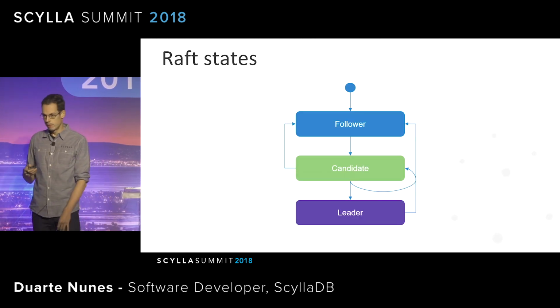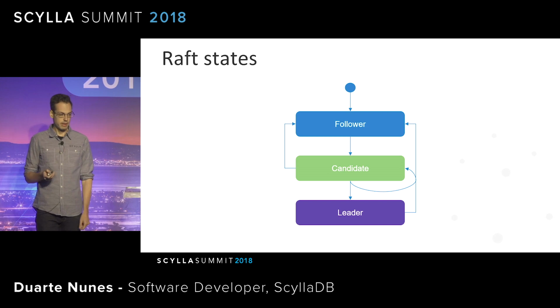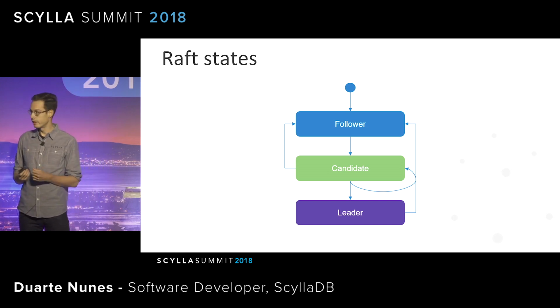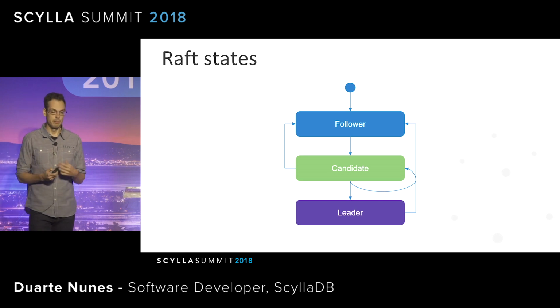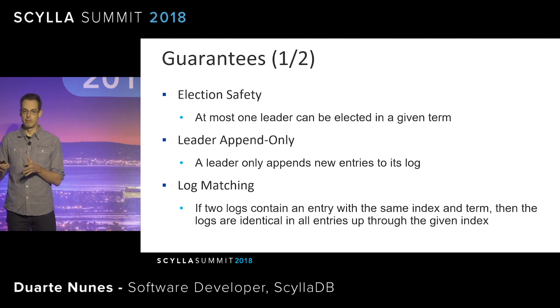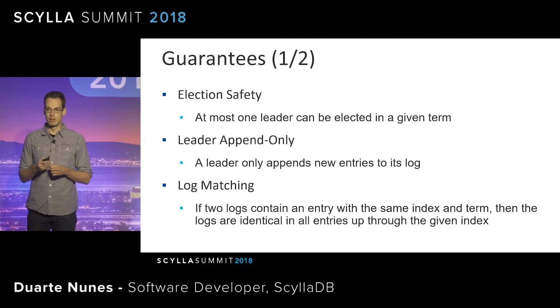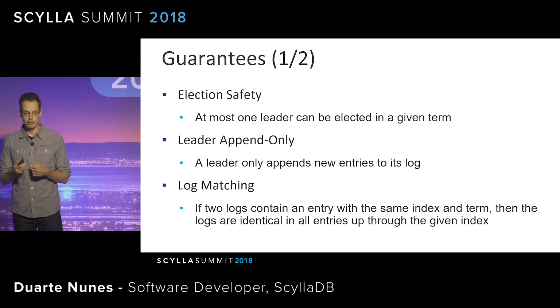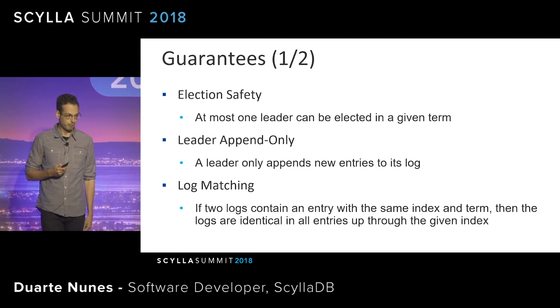I won't go into a lot of details about the algorithm, just saying that a given replica in a Raft group can be in one of 3 states. It can be a follower, it can be a candidate to become a leader, or it can be the single leader itself. The protocol provides a set of guarantees. In Raft, time is divided into logical terms, and for each term there can be only one leader. The leader never changes the values that have been decided previously, and when we go to elect a new leader, it has to be one of the most up-to-date replicas.